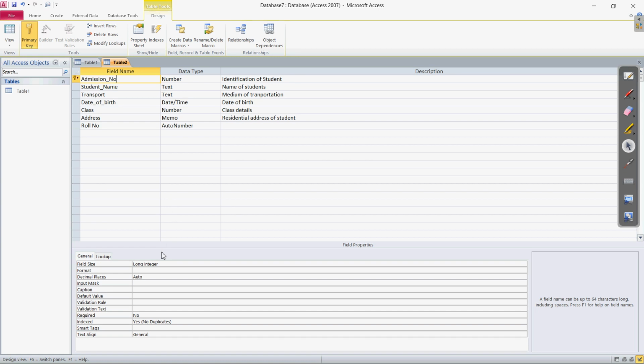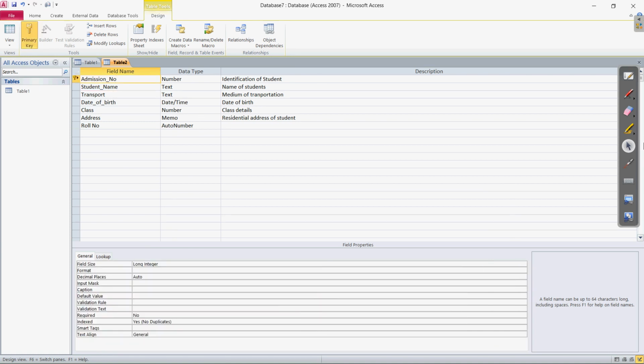So this is the use of the general and lookup tab. These field properties are related to the data type. Right now we are working on the admission number, it is selected, so the properties are related to the admission number. If we click on the student name, which is the text data type, you can see at the bottom the field properties also change. Clear?